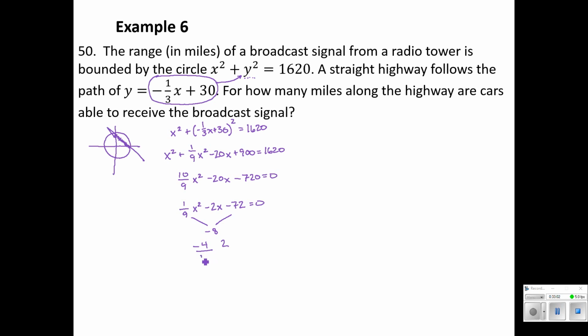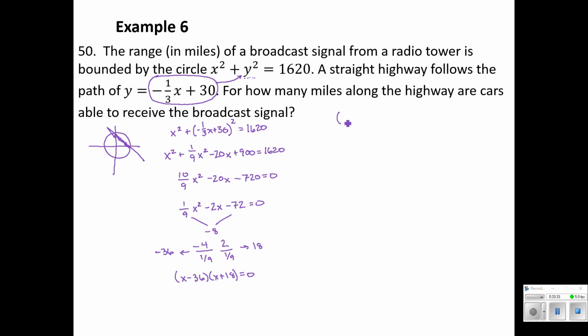We've got to divide by the a term, so I've got to divide by 1/9. And then simplify that, clean it up. I get negative 36, and I get positive 18. So that tells me that my factors are x minus 36 and x plus 18 that equals 0. Okay, and I realize that this doesn't FOIL back to what we started with, but remember, it's scaled up so as to eliminate the 1/9. Even though it doesn't FOIL back, we're still getting the same zeros out of it.